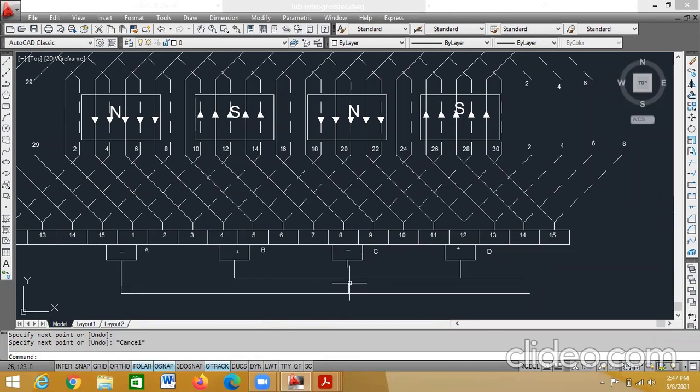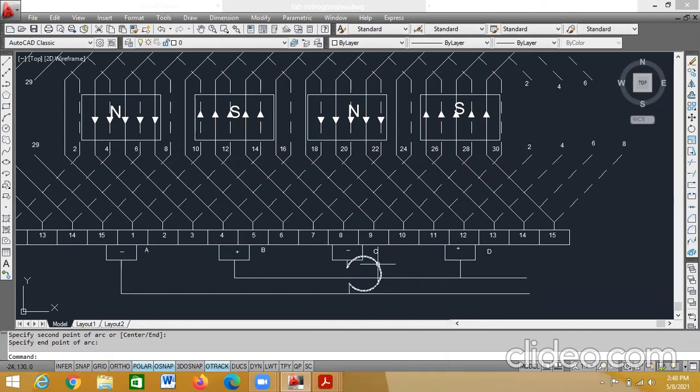Now from here to here, I have to use a jumper. For that, I'll take an arc. After draw rectangle, you have draw arc. Go to arc. Specify the start point of the arc. This is the starting point. Specify the second point of the arc. The second point you have to put on this line. Third point on this line. Okay. So this is how we do the arc.